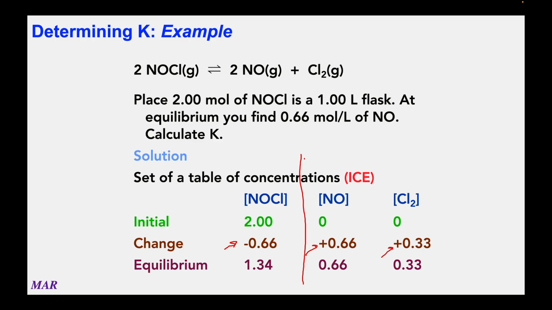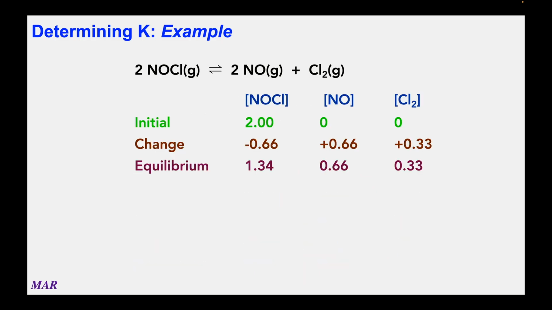And this will always be the case too. Products will be up and reactants will be down, or you can have it reversed like we'll see, i.e. sometimes products will go up and reactants will go down. But anyway, it's always going to be this line, and on one side everything is positive and on the other side everything is negative. So now that we have the equilibrium concentrations of all reactants and products,